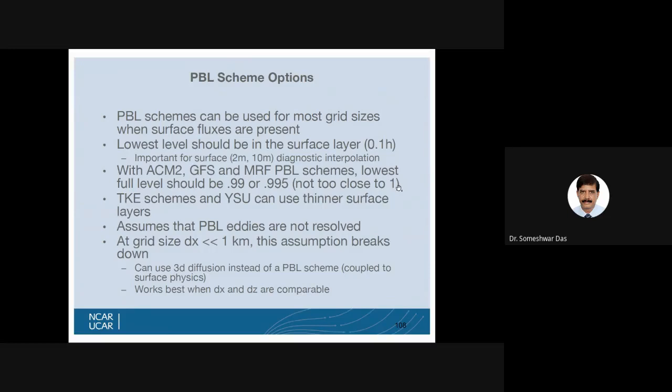Do you remember? In the sigma coordinate system, sigma equal to 1 coincides with the surface itself, right? So, if you are using these schemes, your lowest layer must have 0.99, 0.995. Okay, I mean, it starts mixing up or calculating the fluxes from this layer onwards. The TKE scheme and YSU can use thinner surface layers. It assumes that PBL eddies are not resolved at grid size, which is much